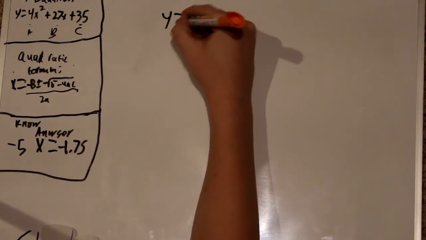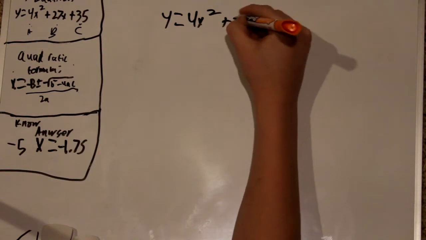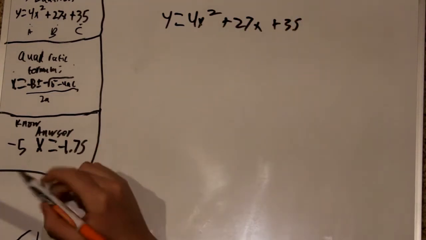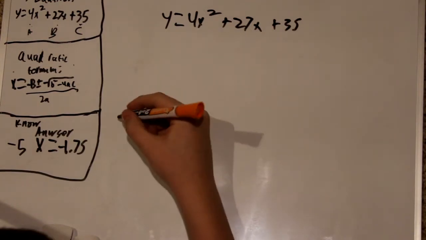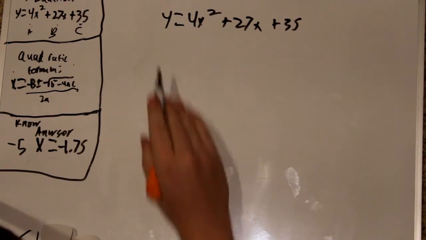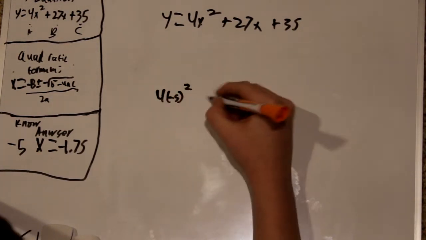So we still have y equals 4x squared plus 27x plus 35. We are going to be using negative 5 for this example. And if this is true, then y should be 0. So we have